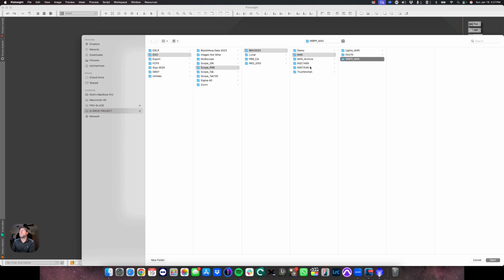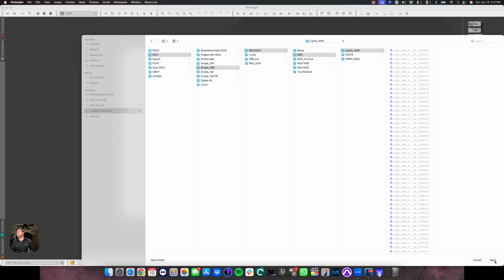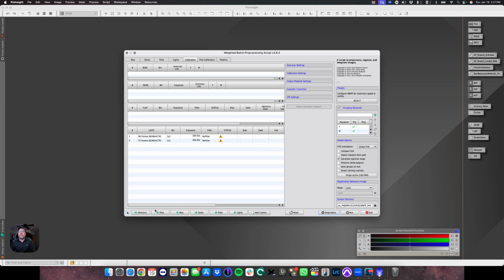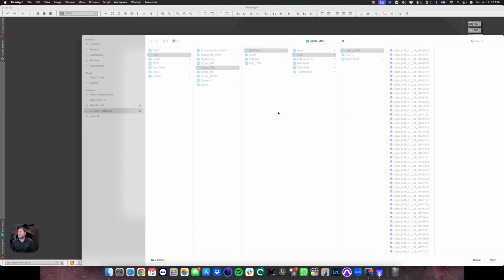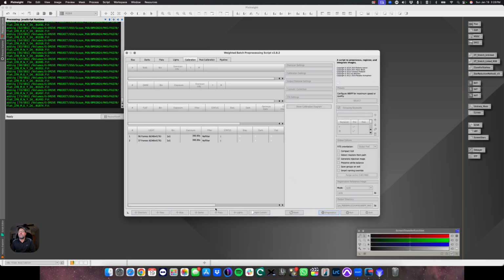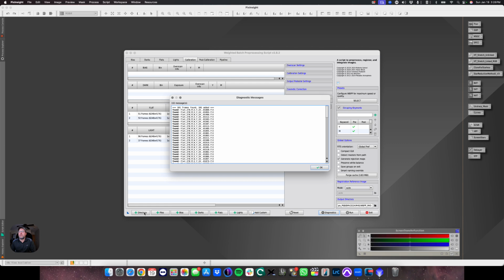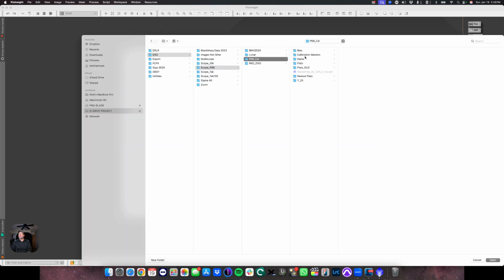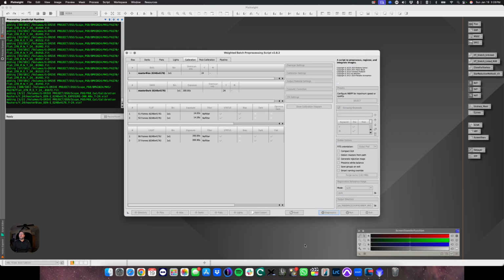I will go ahead and add in my light frames. So the way I have it set up is DSO, scope, Black Mesa Valley, target data, however you want to organize it. Anyway, I'm just adding my lights. Then we're going to add the flats. And then the calibration frames,